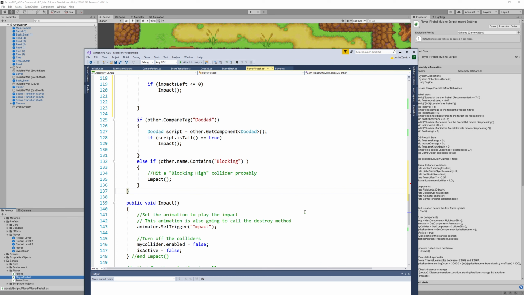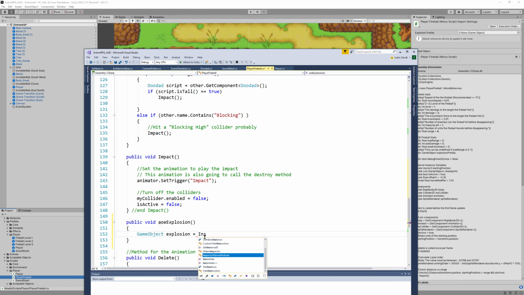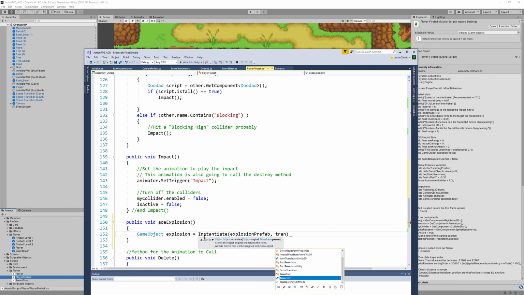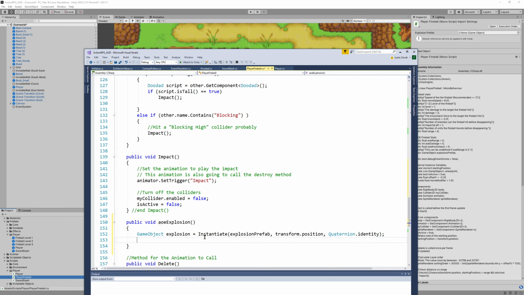So right in front of impact, well, let's do it after. Impact is way cooler, more important. We'll do public void AoE explosion. And what this is going to do is we're going to say game object explosion equals instantiate my explosion prefab at my transform.position and using my rotation. Or I'll just use the identity. So it will spawn the explosion,